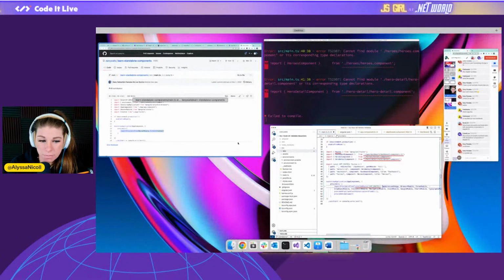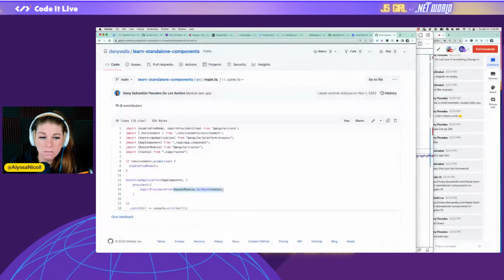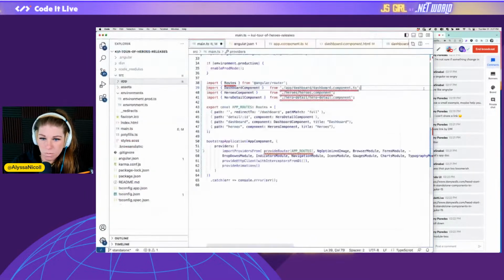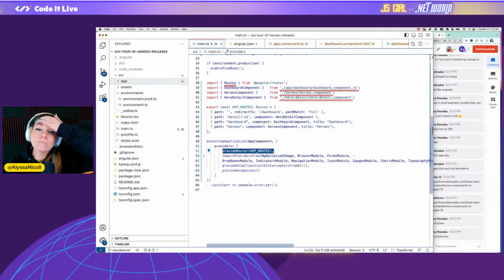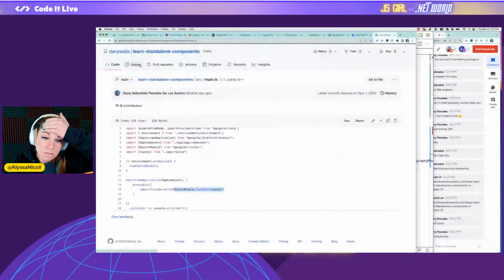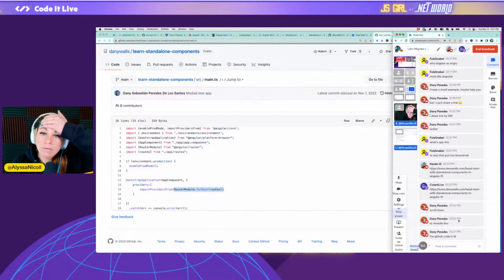Okay, let's go see what he did. Providers, imports, providers. Oh, wait. Wait. What? That's with a module. Okay, so that was the old school way of doing it. So we're going to move this back. Go away. So this is still with modules. The GitHub code is 14. Oh, okay. Okay, so